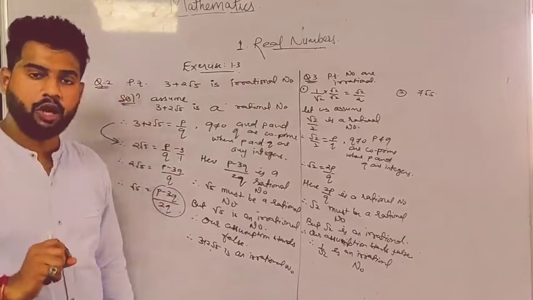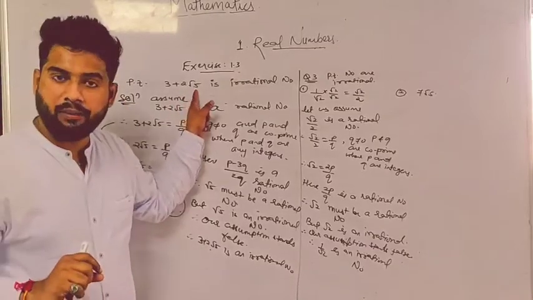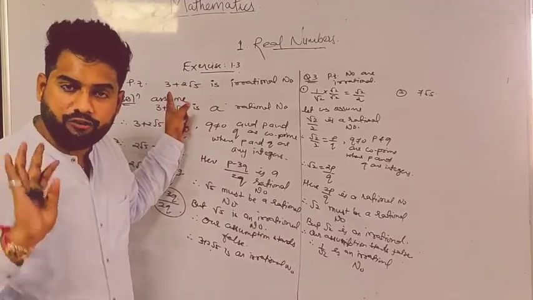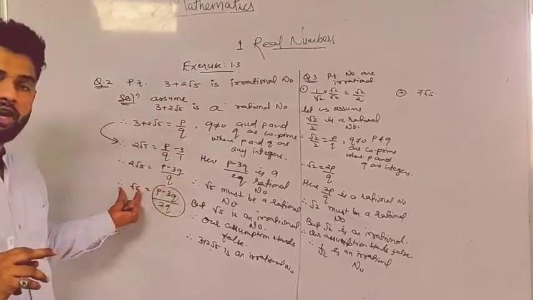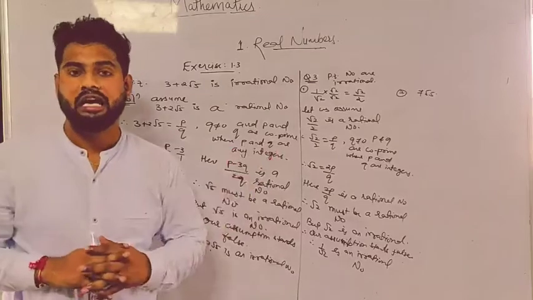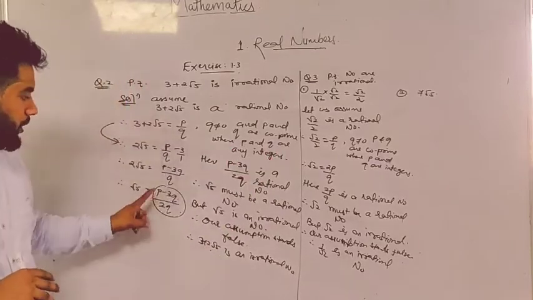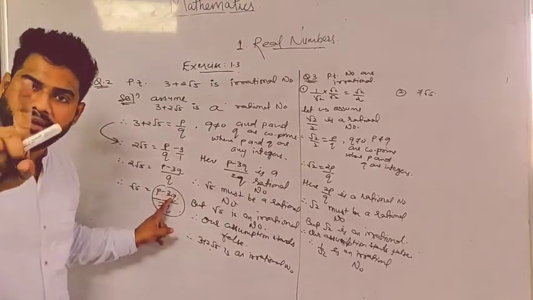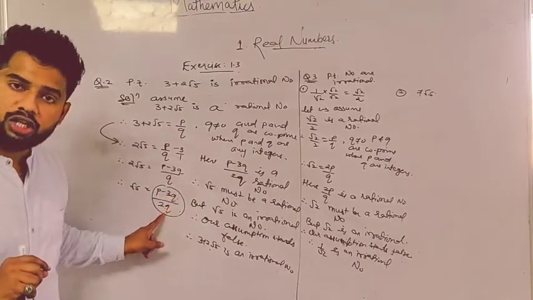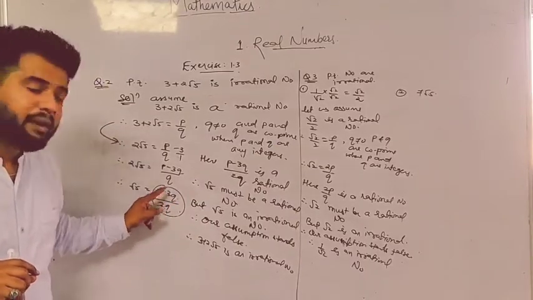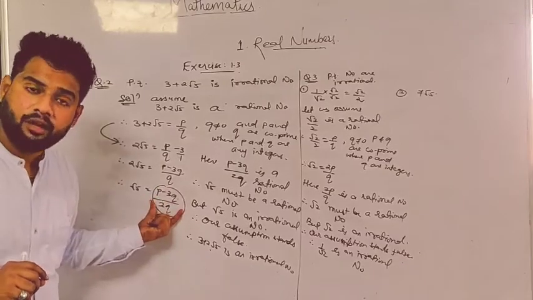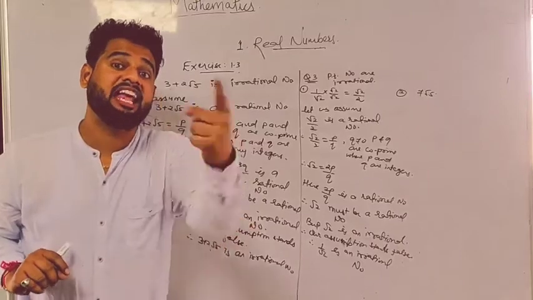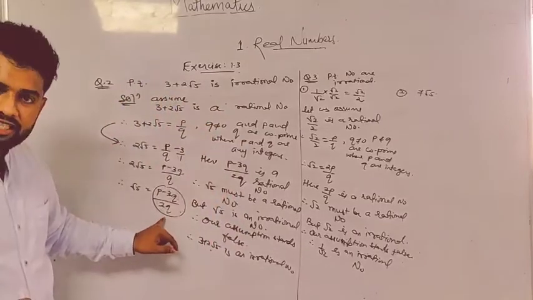So in such kind of question, where a root of a prime number is accompanied by a different number as well, you have to make sure that your root is on one side and all the other values on the other side of the equals to. Now, p and q are integers. Integer minus integer is going to be an integer. q is also an integer. So integer divided by integer is going to be a rational number. So this RHS is a rational number.